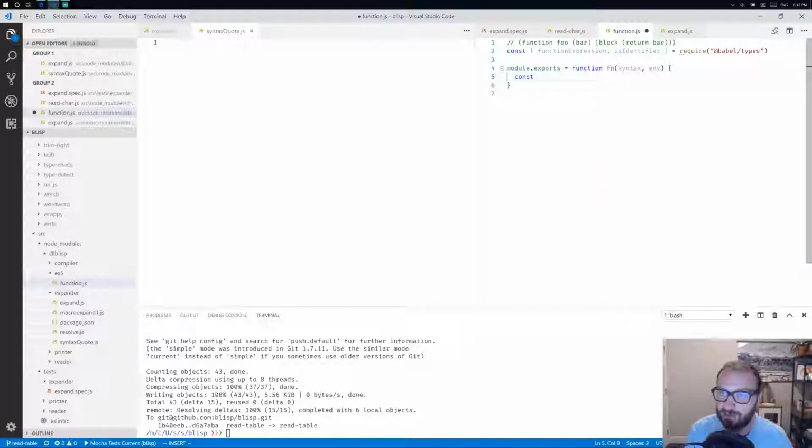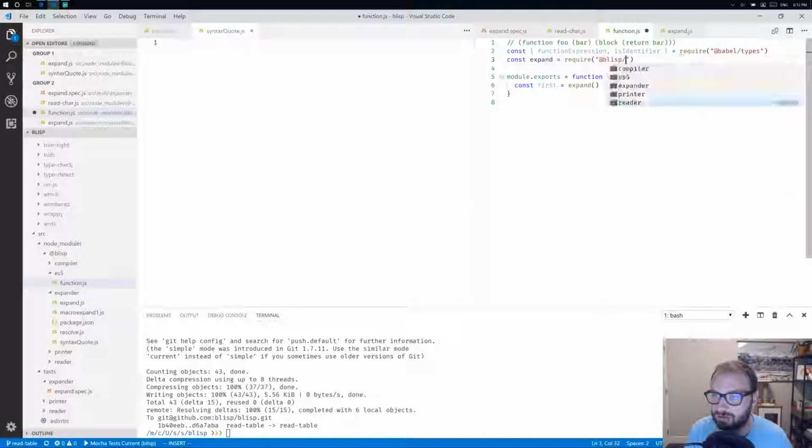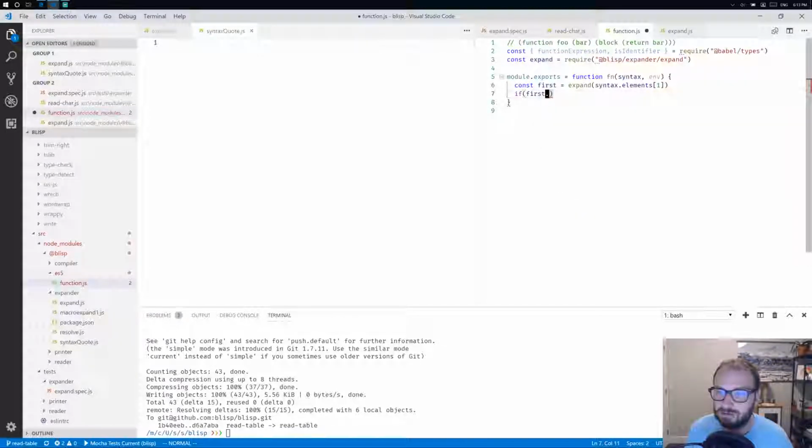All right, so const first equals expand, and we need to grab expand. Const expand equals require at blisp slash expander slash expand. Okay, so we will expand syntax.elements and first one. So if first is identifier,